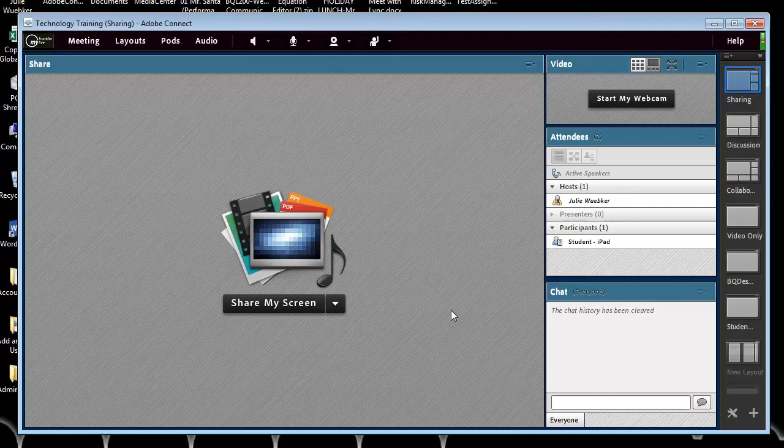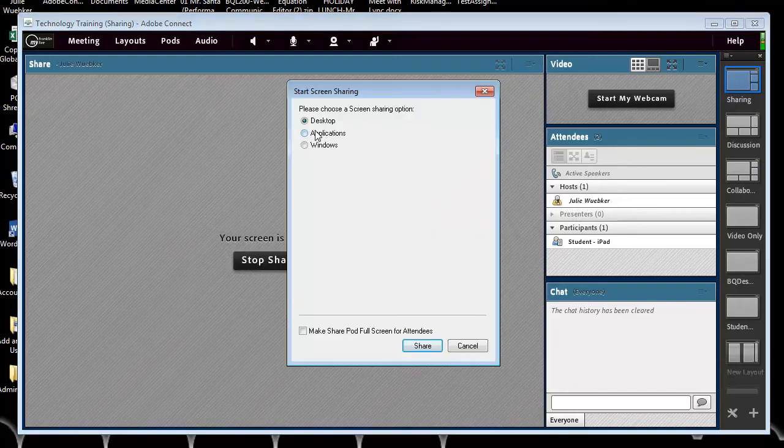In this video, we're going to look a little bit more in depth into using the screen sharing options. So I have a SharePod open currently, and in that SharePod, I don't currently have anything shared. So that's what we're going to do next. If I click simply on this button one time, it's going to ask me what I'd like to share from